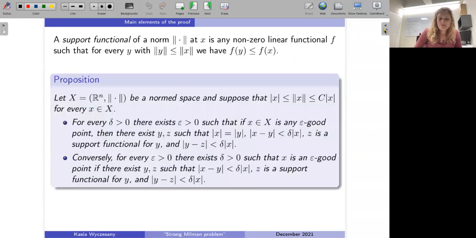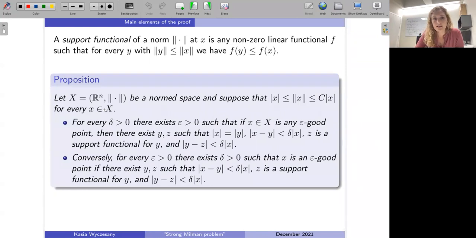But here's a proposition that allows me to talk a little better about those epsilon good points, because you could see I was talking about this projection onto the one-dimensional subspace. So one is thinking, maybe I can just look at a derivative where the norm is differentiable, and that will exactly tell me something. But sometimes we don't have differentiability. And therefore, here is a proposition that allows us to deal with this situation.